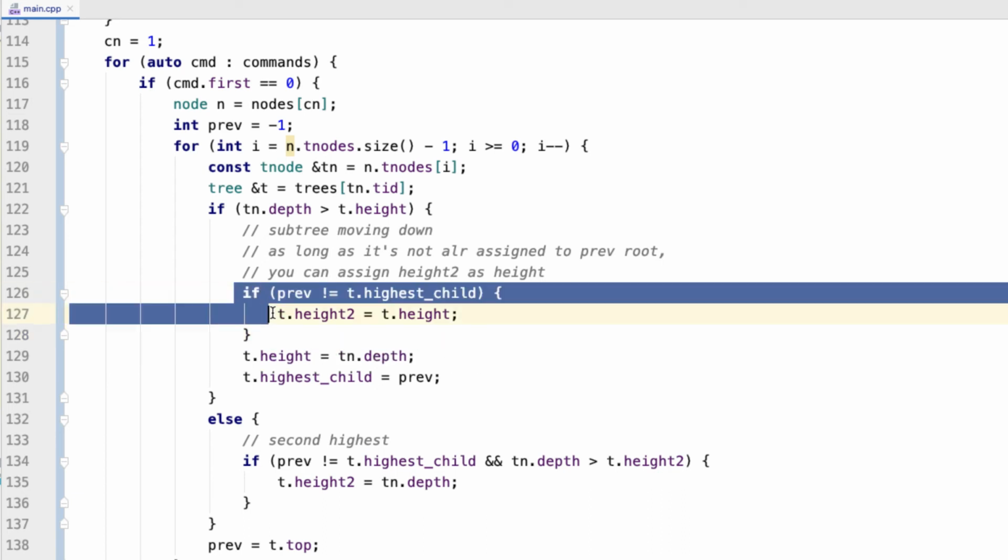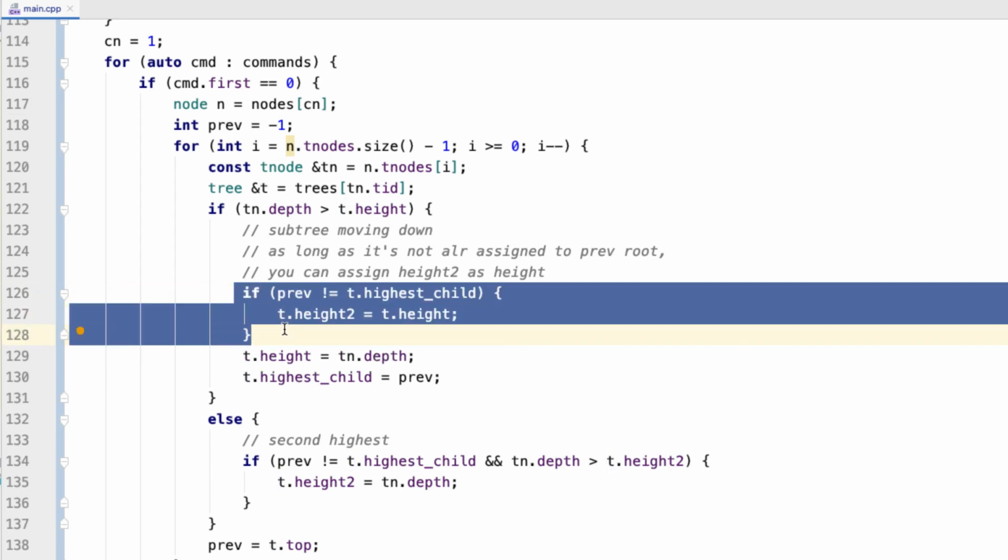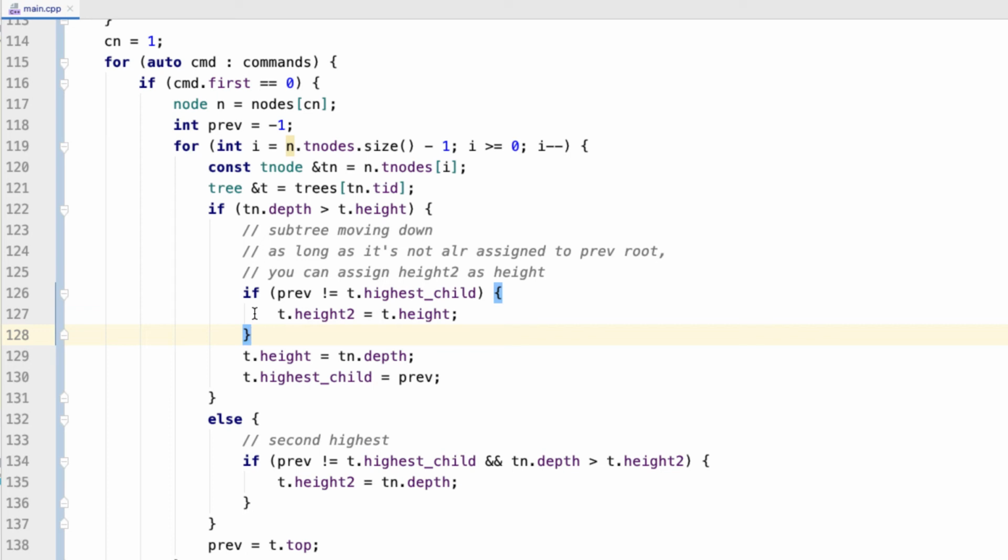And then there's a small case here where if the previous node we had was also the highest height, then we can't assign height 2 to it, since those 2 are effectively part of the same child branch. So as long as the current highest height isn't part of this subtree branch already,